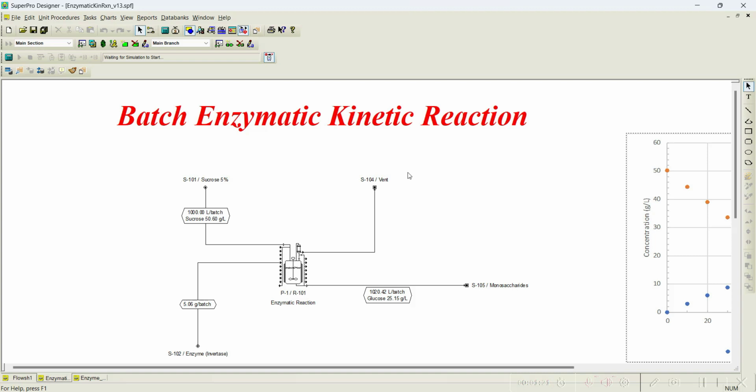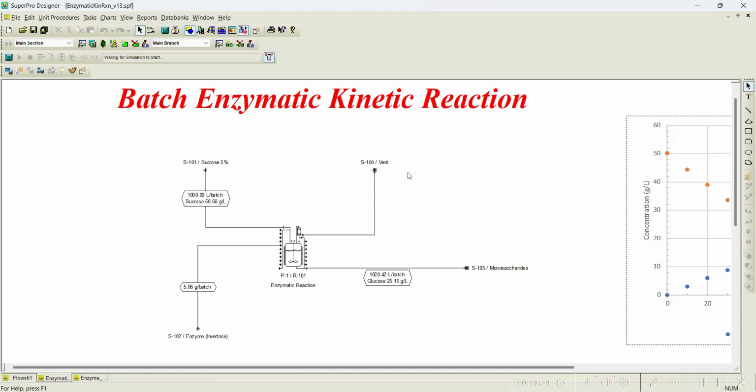particular file. So in this, the enzyme reaction, that is sucrose hydrolysis to glucose and fructose, is simulated. Why is this particular example interesting and important? Because as such in SuperPro Designer, there is no operation to simulate the enzyme kinetics. So the available operation needs to be used to simulate this particular case. In this case, the ferment kinetic operation is employed to simulate the enzyme kinetics. Let us see how to utilize that particular operation and simulate the enzyme kinetics using the given data for enzyme